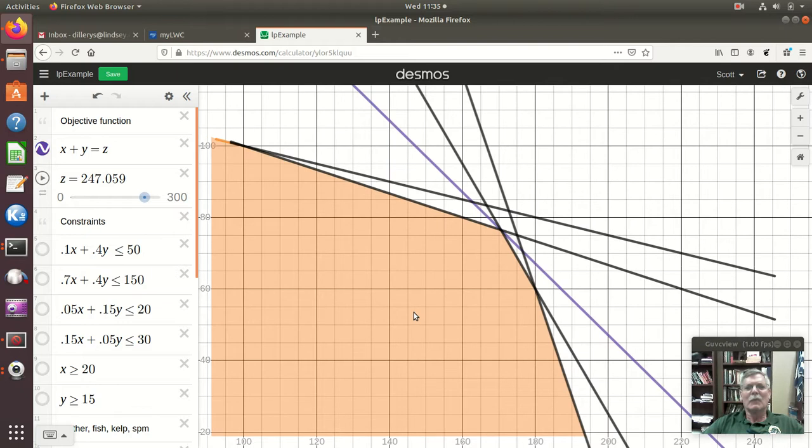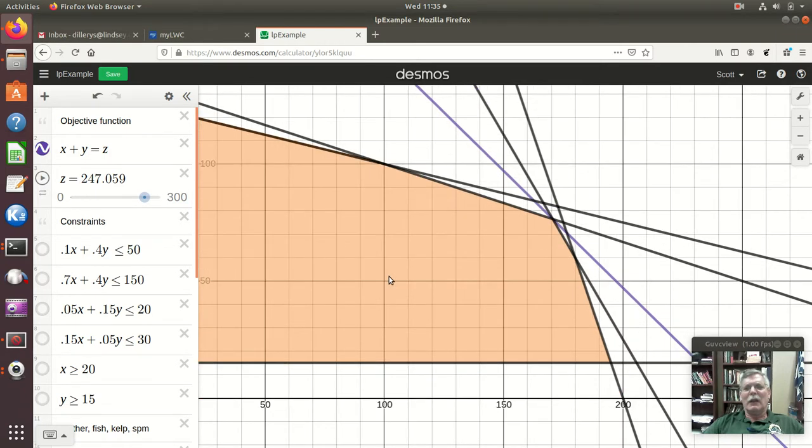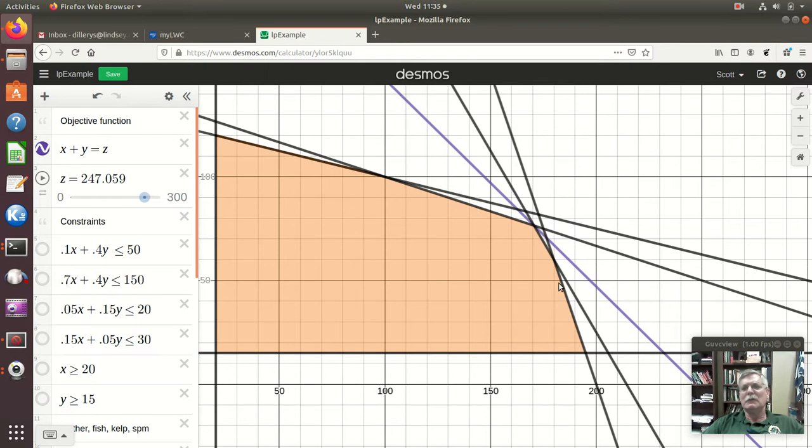For that was from looking at this polygon here, a convex polygon, is if I take a point there and take a point over here and draw a line between them, I'm always inside the figure. Then as I move that line out, I always hit a corner. If I was minimizing instead, well, I would move that line towards 0, and again I would hit a corner